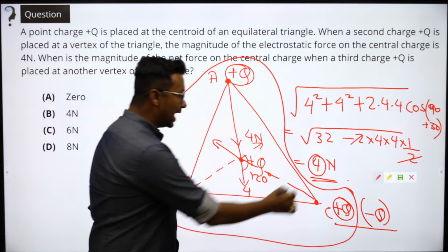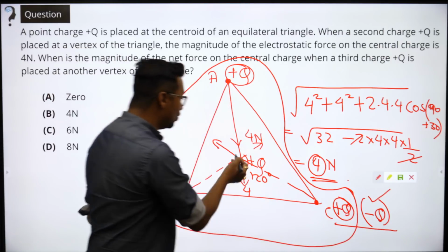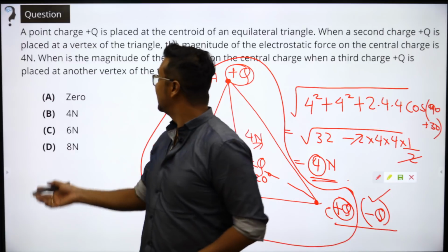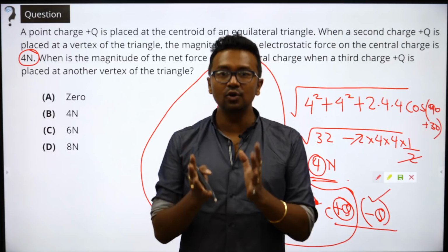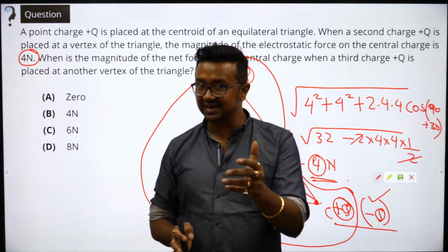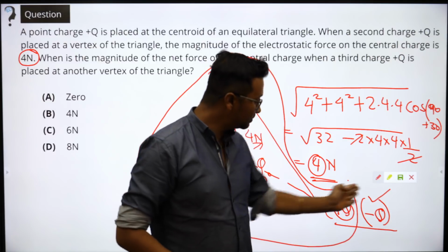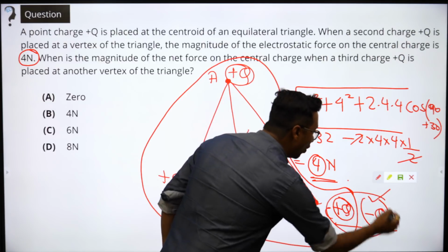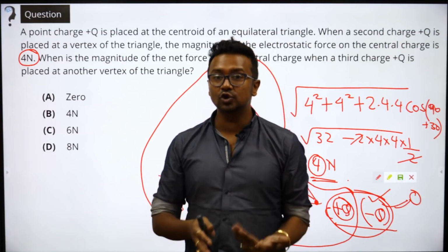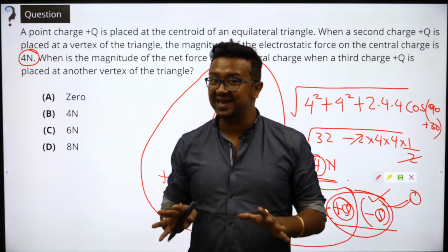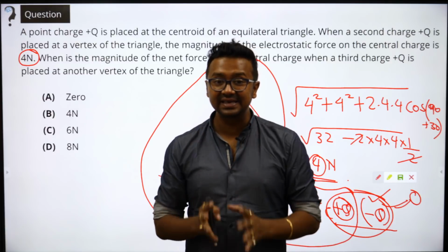All right. So ultimately the force will be only due to minus q, and between minus q and this plus q, the force we have already defined as 4 Newton. Okay. So we don't need to do as such any calculation. हम क्वेश्चन पढ़ सकते हैं, क्वेश्चन पढ़ के हम क्लियरली देख सकते हैं नेट फोर्स 0. एक प्लस चार्ज, माइनस चार्ज अगर आप डाल देते हैं तो the overall charge out here is 0 only. Initially the charge was also 0, right now also the charge is 0, तो उसमें खास कुछ बदलाव नहीं आया है, but it made the solving of the question very, very interesting and very easy. All right.